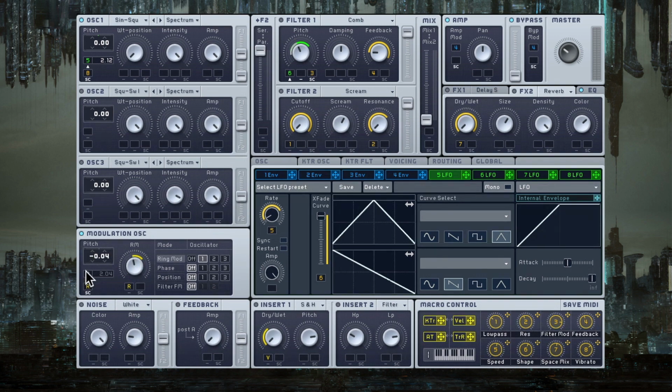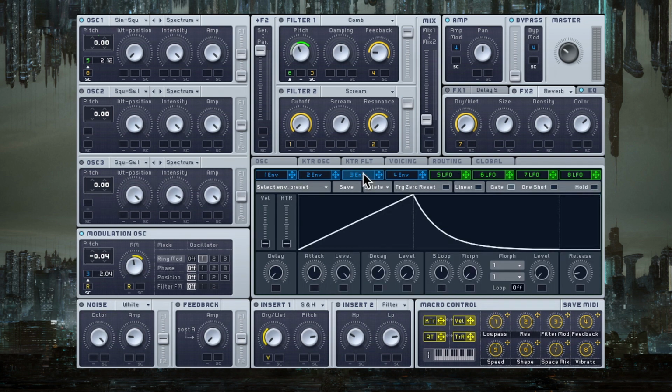Now for the pitch, I have one envelope going for about 2 semitones. And don't mind the point -4, totally random, it's not by design, but it works. So let's have a look at envelope 3. This is just nothing exciting going on. It's an envelope with a generous attack, so it doesn't happen immediately. A generous decay,